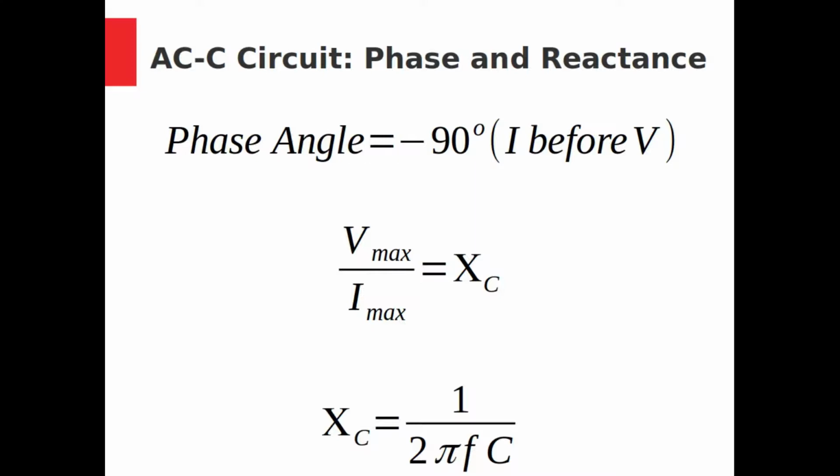Instead, we call this ratio the capacitive reactance. It is symbolized with the Greek letter chi sub c. The Greek letter chi looks a bit like an X. It is calculated by this formula, 1 over 2 pi times the frequency of the AC source times the capacitance